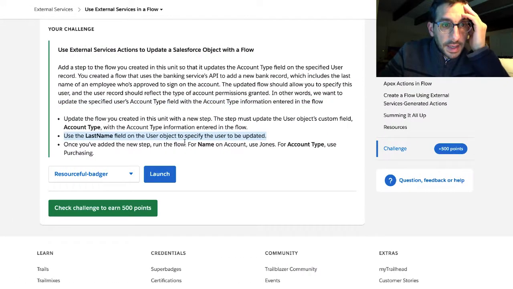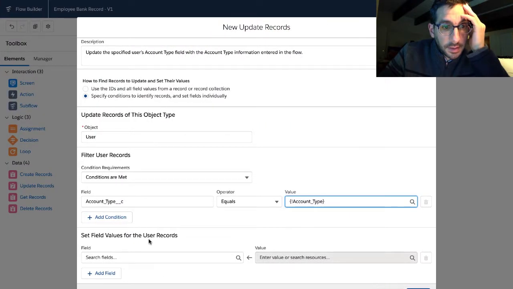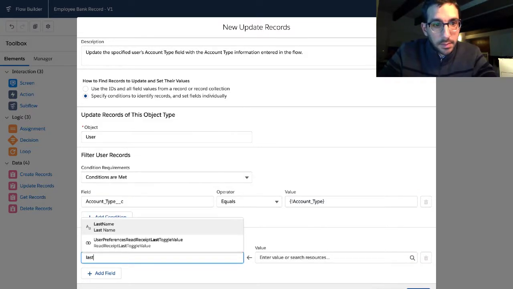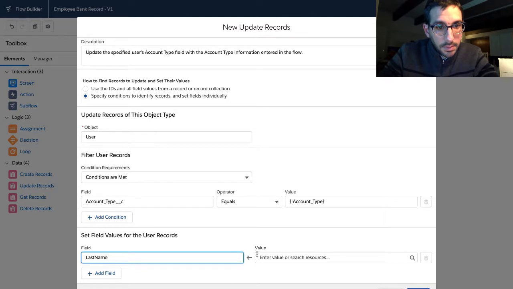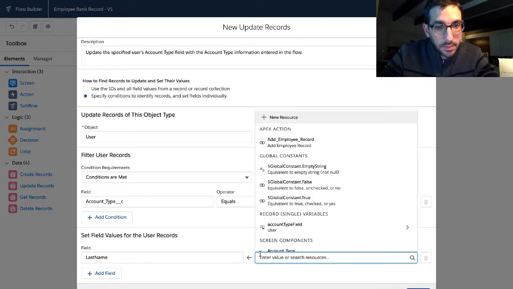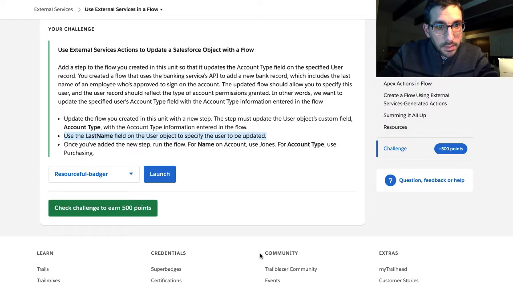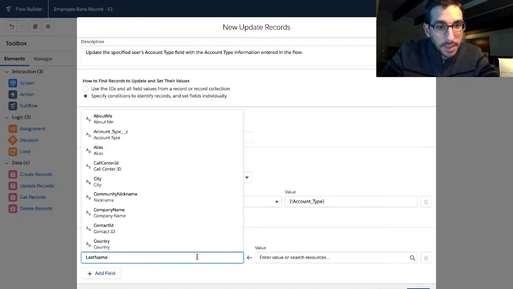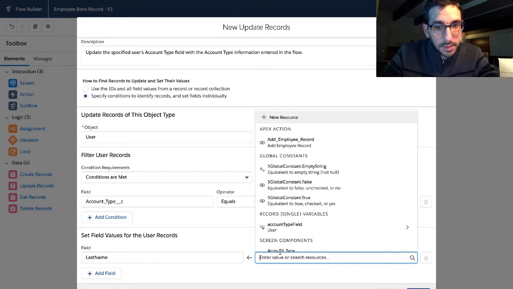Oh, so use the last name field in the user object to specify the user to be updated. Field last name is